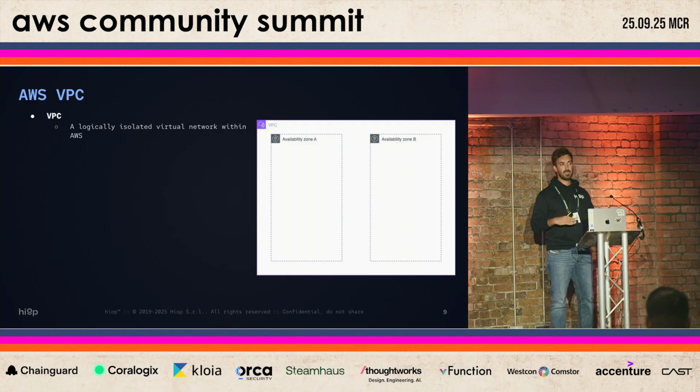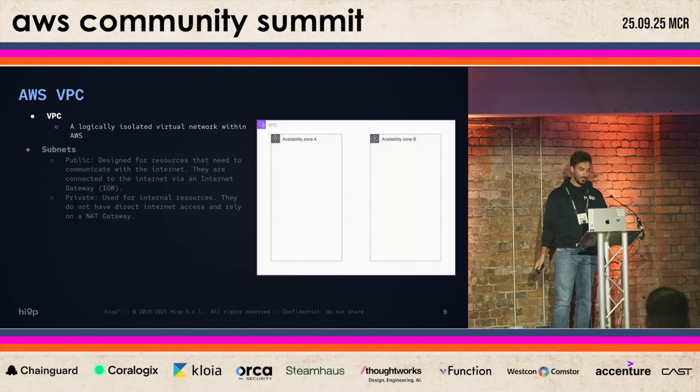Every VPC lives inside a region, and every region, which is the physical place where the AWS servers are stored, contains different availability zones. I don't want to go deep on these concepts, but they represent the physical place inside the region where your VPC is effectively created.